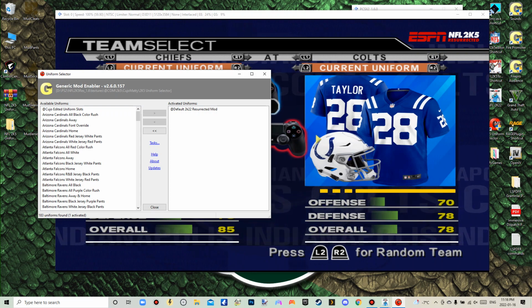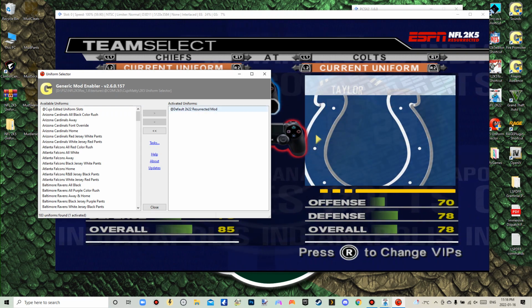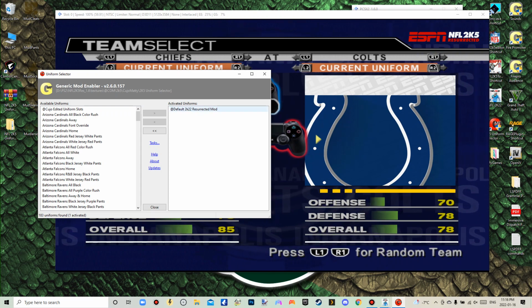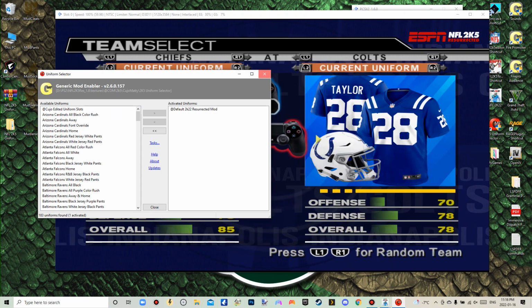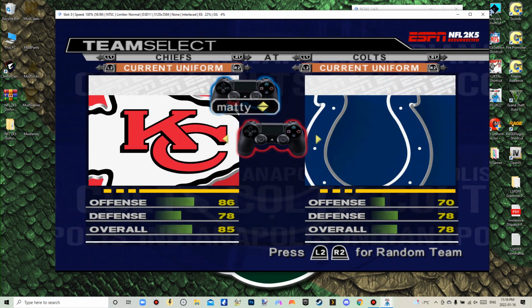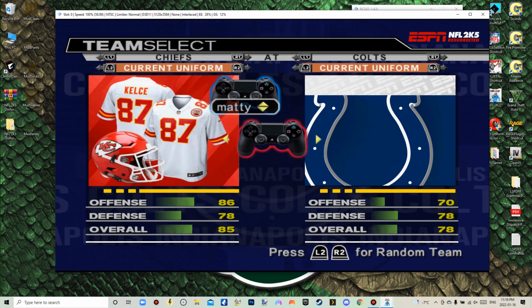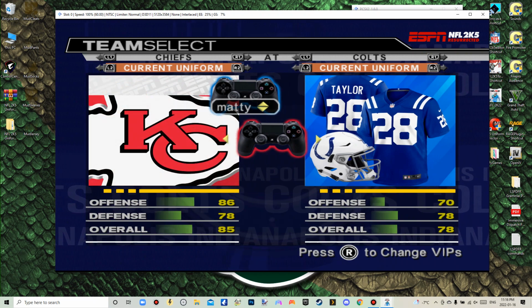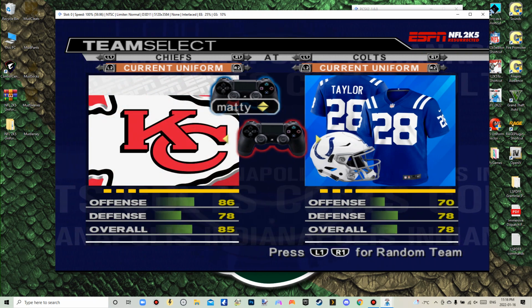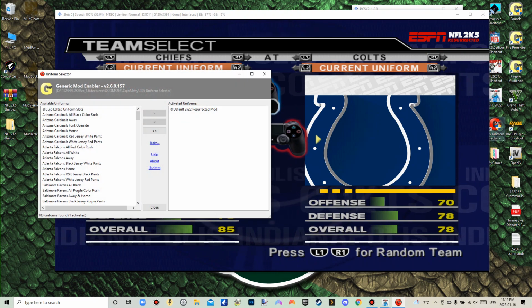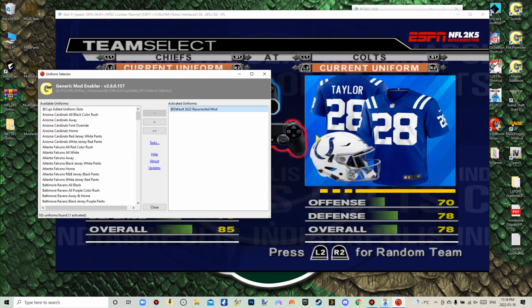But the good news is, let's say you're going to go through a long period of time where you don't really want to use the uniform selector. If you just hit this default 2K22, you can exit this and go about your life, and it'll always be on. Doesn't matter if JSGME is open or not. It's replaced files that are always going to be replaced until you do something different. So that's one thing that I added, and then the other one that I added is